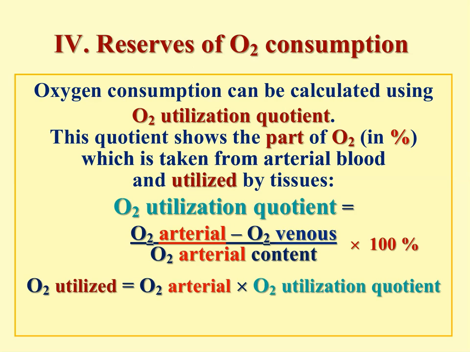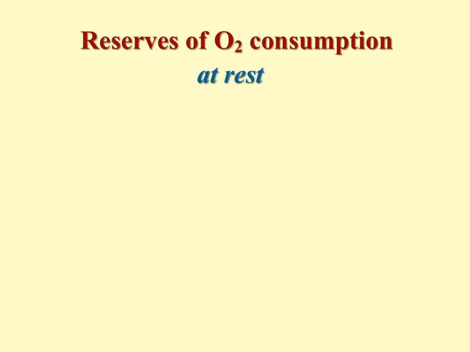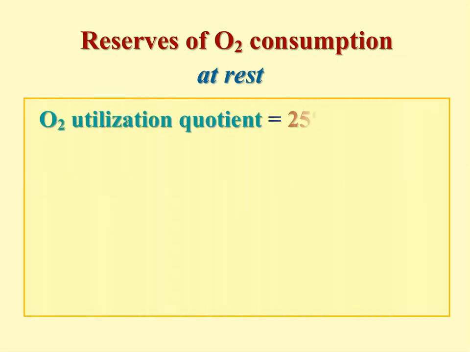So how do we find how much oxygen is utilized? The initial content of oxygen, which we calculated already in the previous calculation, is how much oxygen is transported by arterial blood each minute. Then we multiply by the quotient, for the resting value and finally for the maximal activity value. And then we can find how much oxygen is utilized, not in percent, but in absolute volume. So let's see first resting